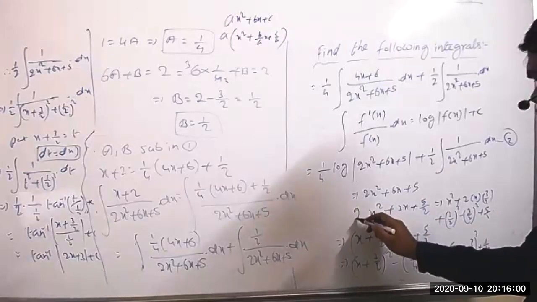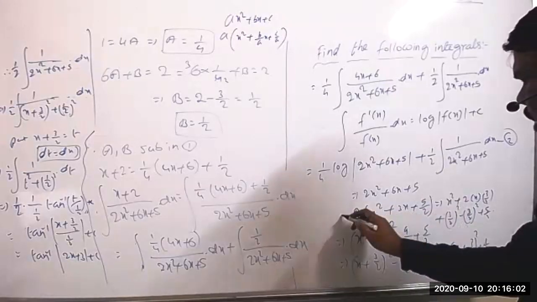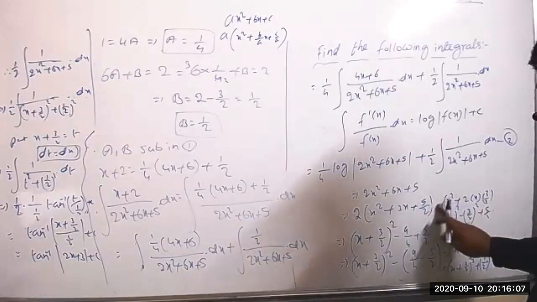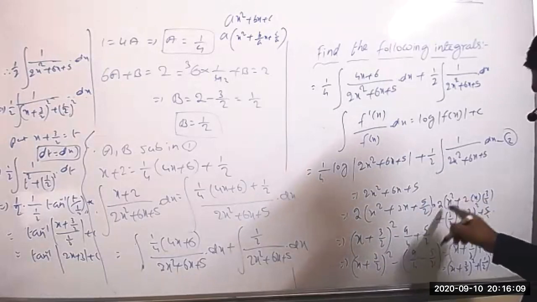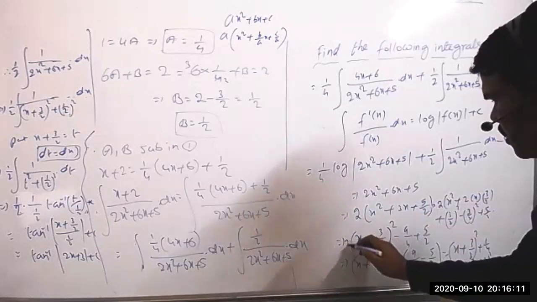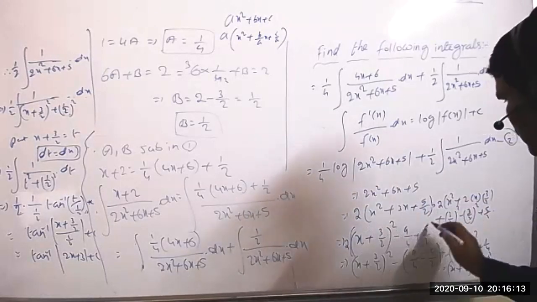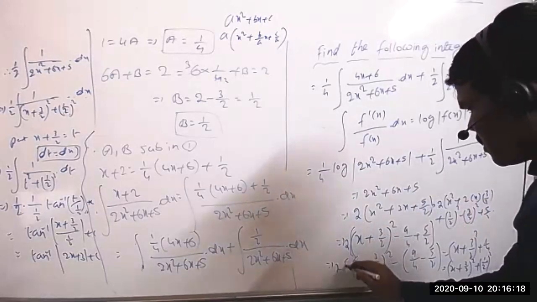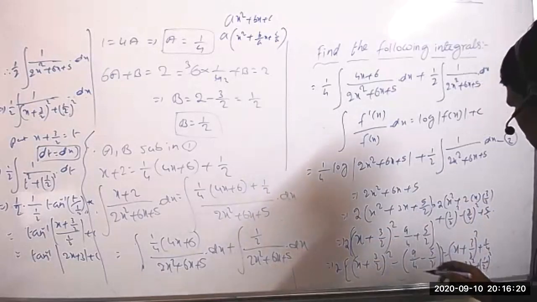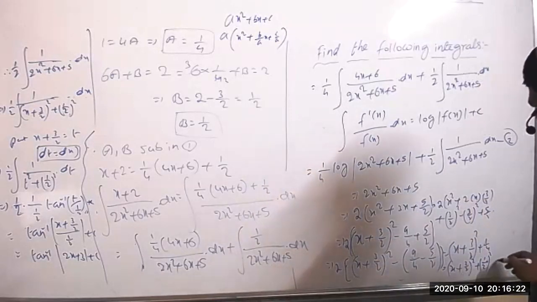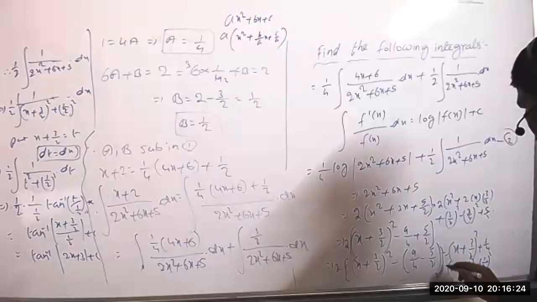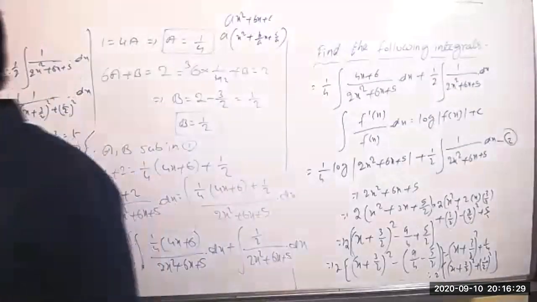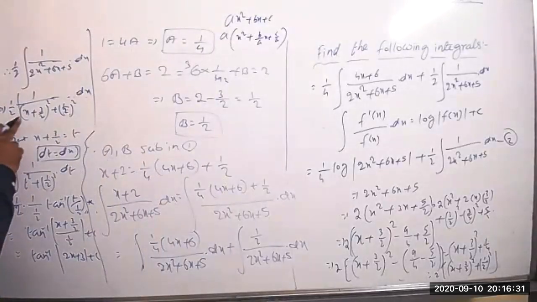So in place of 2, here we have to write this. No need to do any changes here. Just in front of this, you can write 2 here. In front of this, you can write 2 here. In front of this also, you can write 2 now. That's all. Everything will be same, no need to change anything.